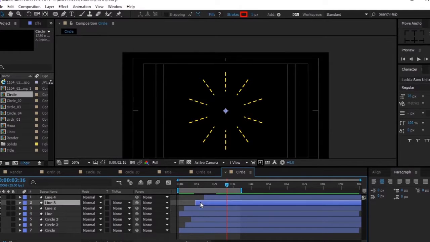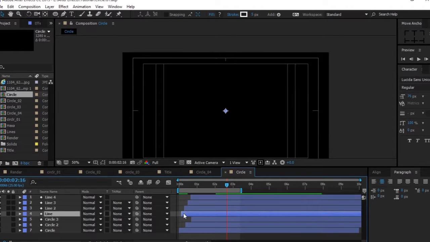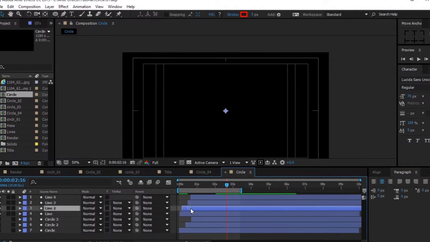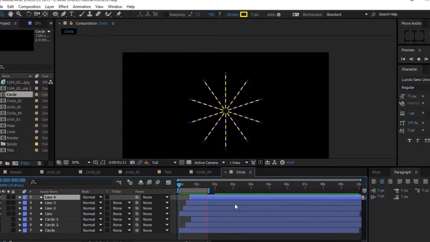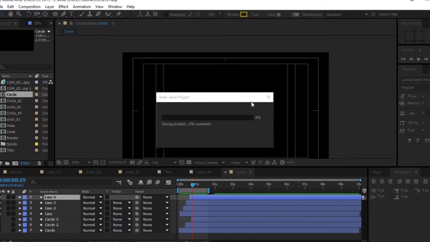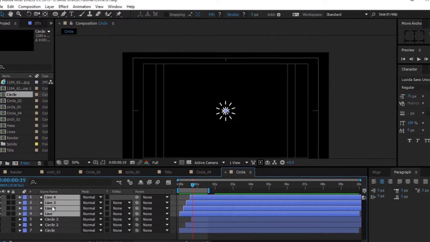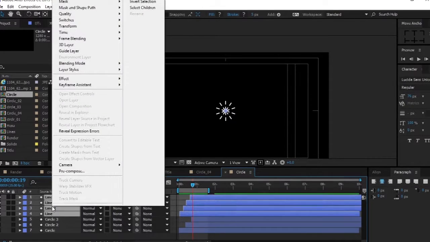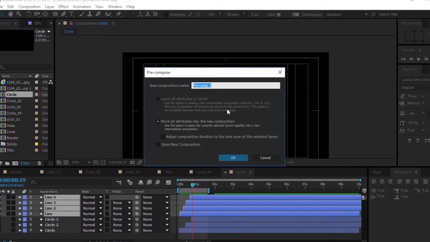You can do one thing, you can take the layer more fast. Nice. Now this is the way you can go ahead and create a cool design, and you can duplicate all the dashes, and each time you duplicate, you will get a new design. So let me pre-compose this layer,